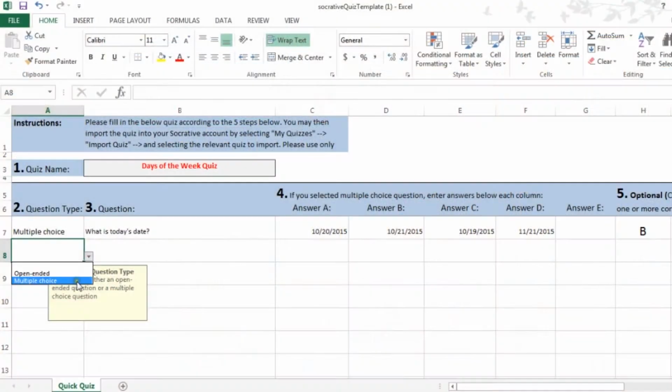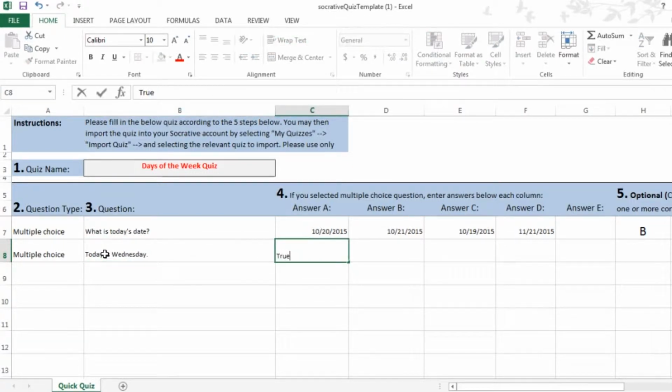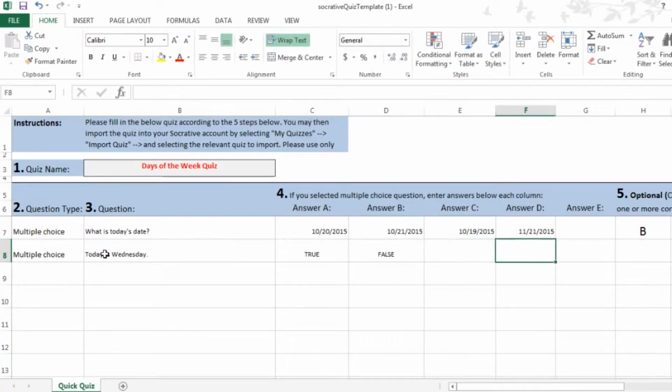No, you do not have to number the questions. Yes, the letter of the answer. Use the drop-down menu. So if I do another multiple choice, today is Wednesday, and then I can put true, false,